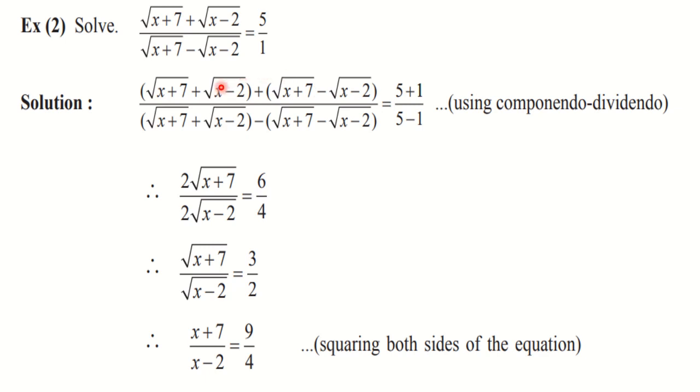Adding the denominator to the numerator in the numerator, and subtracting the denominator from the numerator in the denominator. And the same thing we have to do on the right hand side also. So see here, you can see that the numerator is written in the bracket plus the denominator is also written in the bracket. Similarly down, again numerator minus the denominator is equal to 5 plus 1 upon 5 minus 1. So componendo and dividendo is done on both the sides.